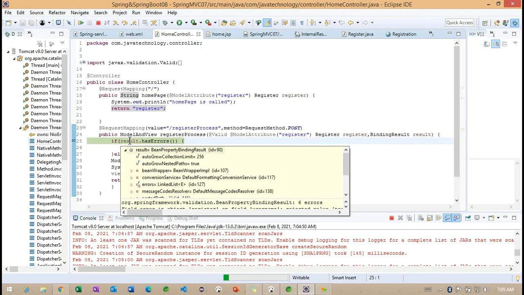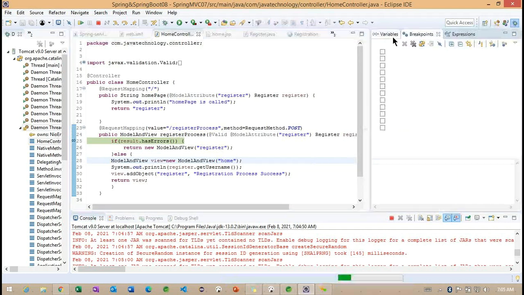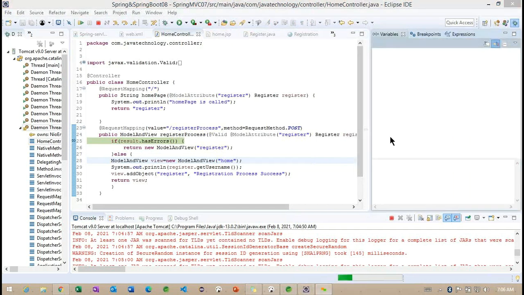You can check here, any errors coming? What happened? Okay, still it is loading. Once it is completed, we can check here.